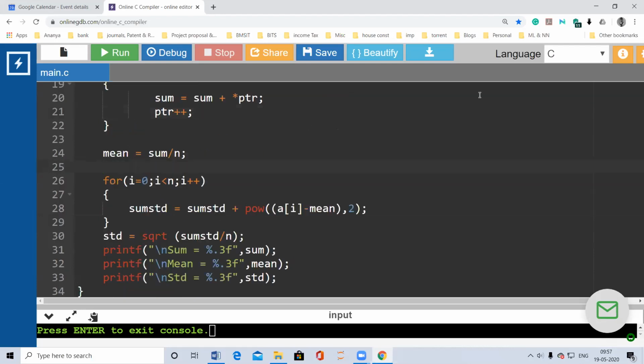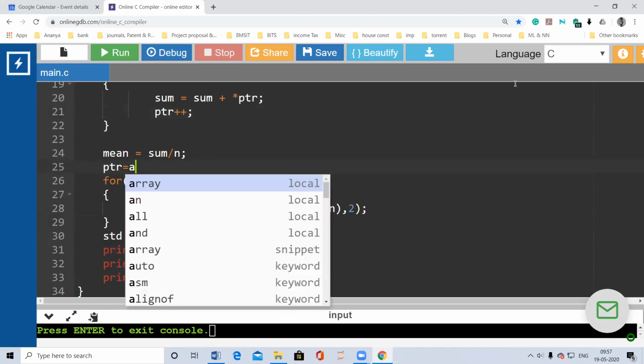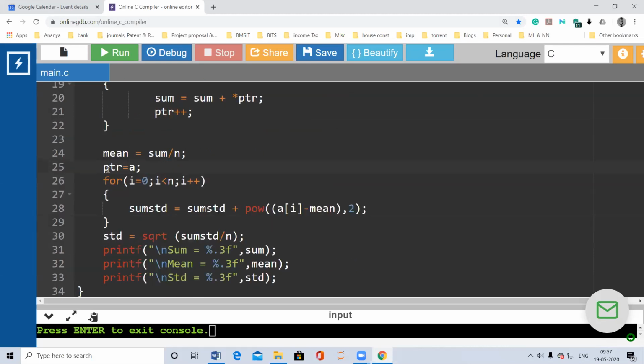Now here again, we need to store A into PTR, because by the time we have computed sum, PTR will be pointing to the last element of the array. It goes on incrementing one by one, and it will be pointing to the last element. So we need to reinitialize it once again.